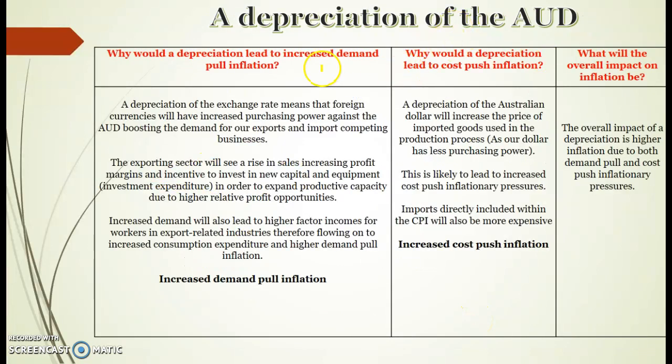If it's a question on the dollar, make sure you're really clear in linking it to all the components of demand. So net exports increase because foreign currencies have more purchasing power. It also boosts investment, it boosts consumption, all that leads to demand pull inflation. But it also becomes more expensive to import, which costs